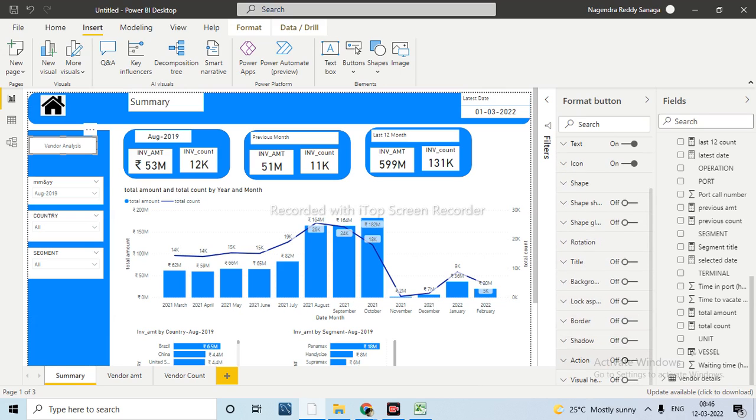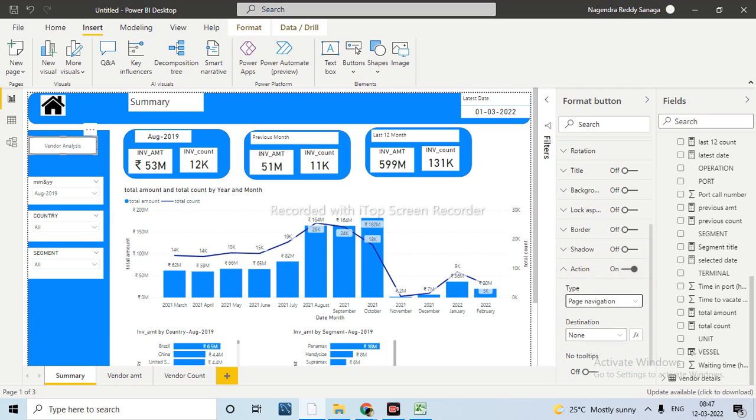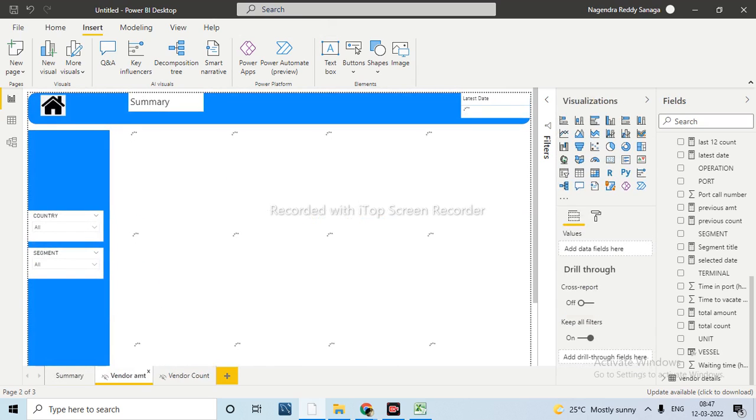Later from there they can navigate to any other page. Page navigation, destination is vendor amount, and I am hiding these 2 pages because when we have published it, only the summary page should show. When they click on this particular icon, it will automatically come to this vendor amount.